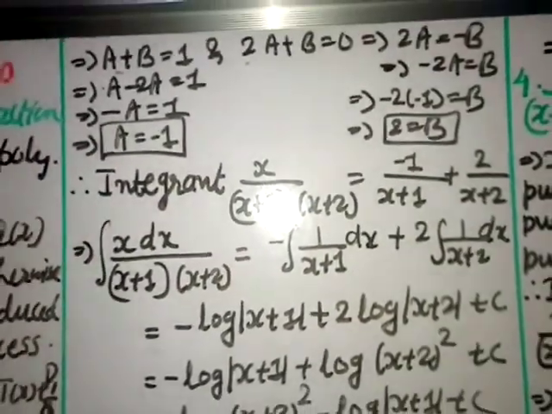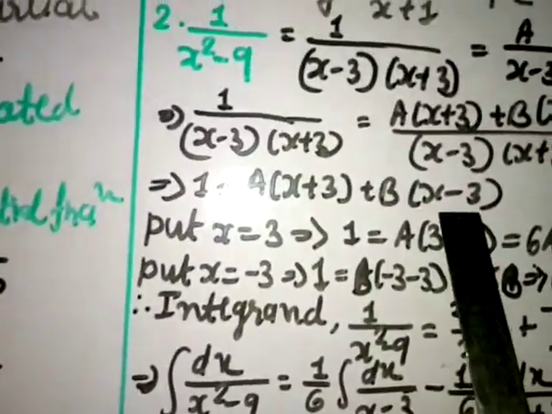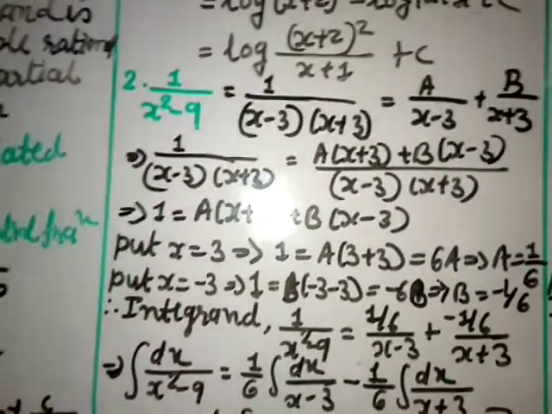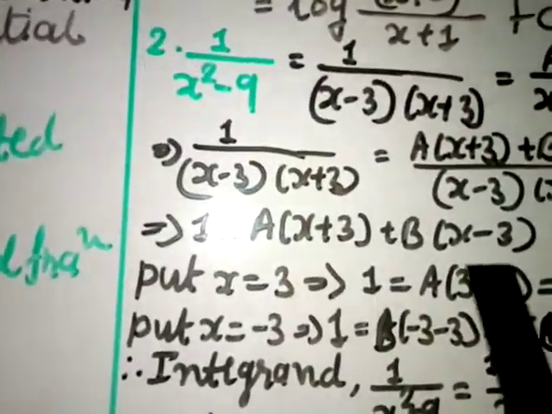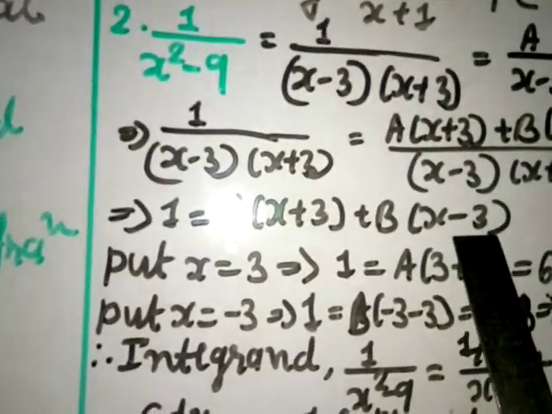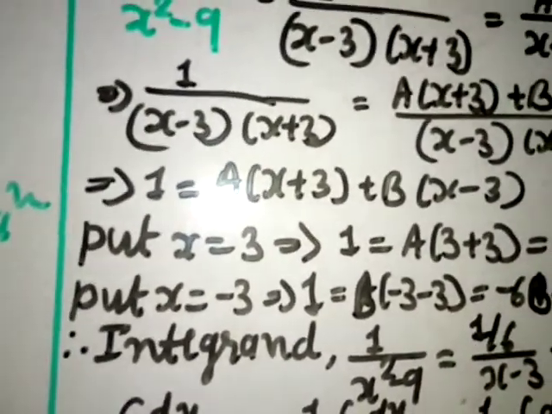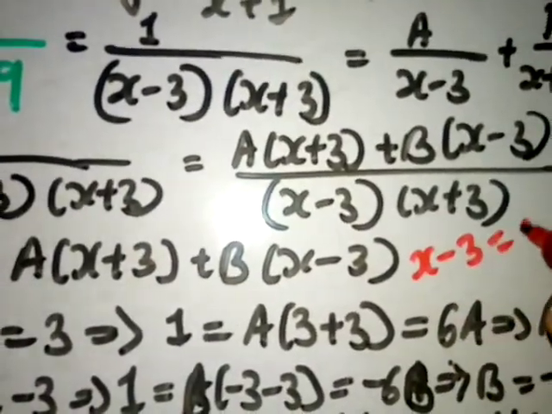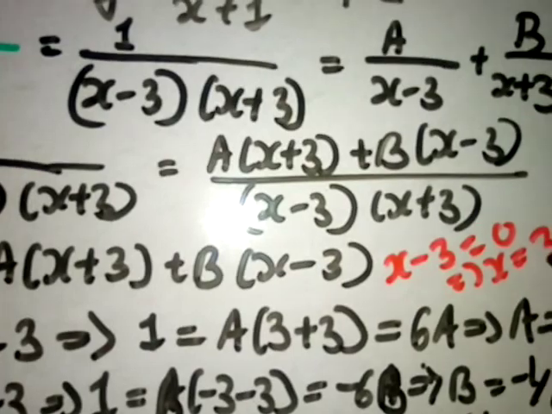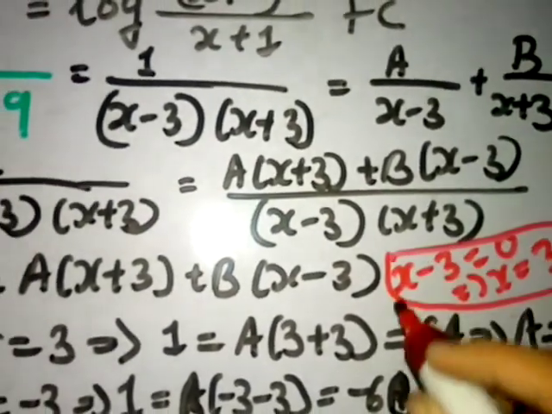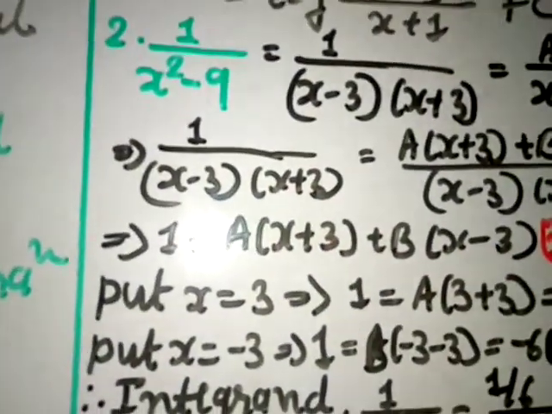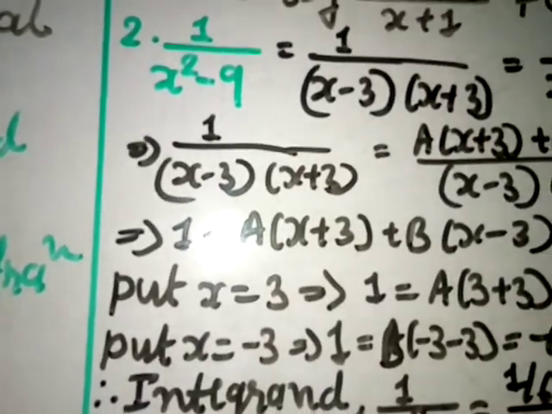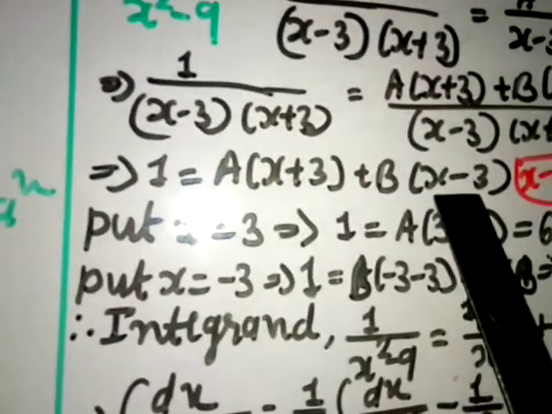I can open the bracket and like previously you can compare. Okay, that can be done. But here I am going to put the 0 of x plus 3 and x minus 3 and solve it. Okay, both the ways you can solve it. So when I take x minus 3, the 0 of x minus 3 is 3. Okay, you know how to find the 0. You have to just compare this x minus 3 with 0. X minus 3, if you compare with 0, you get x value as 3. So this is called 0 of your x minus 3. For x plus 3 it will be minus 3. So first I am putting x equal to 3, then I am putting x equal to minus 3.